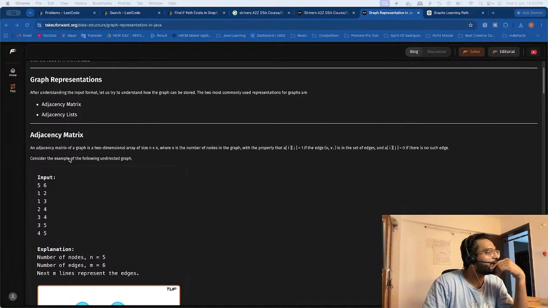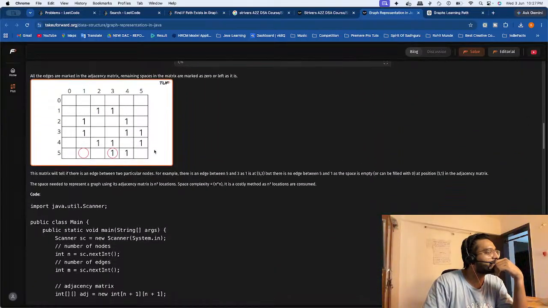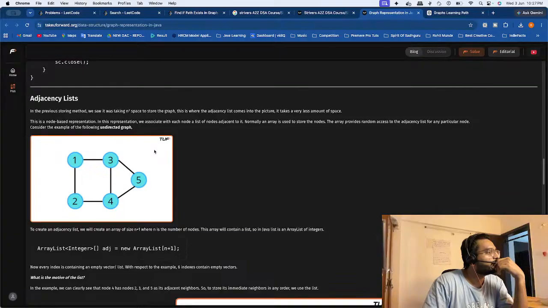An adjacency matrix is a two-dimensional array of. Okay, let's not do the matrix one now, the matrix one will take too much effort. Adjacency list. In the previous storing method, we saw it was taking n square space to store the graph. This is where